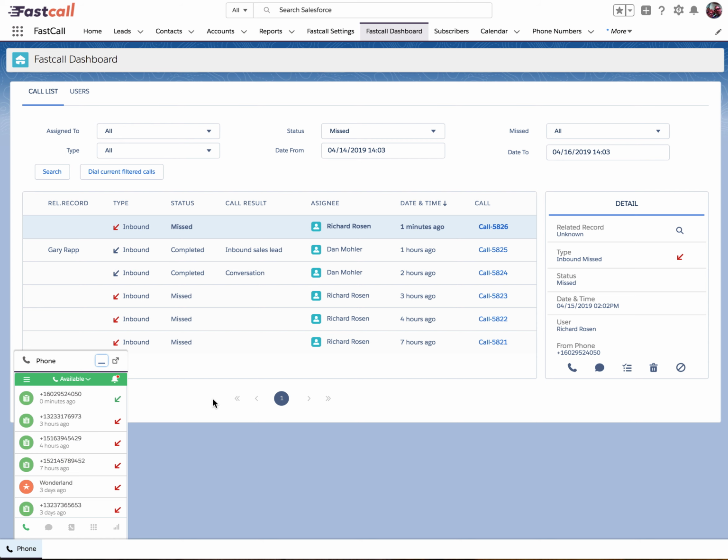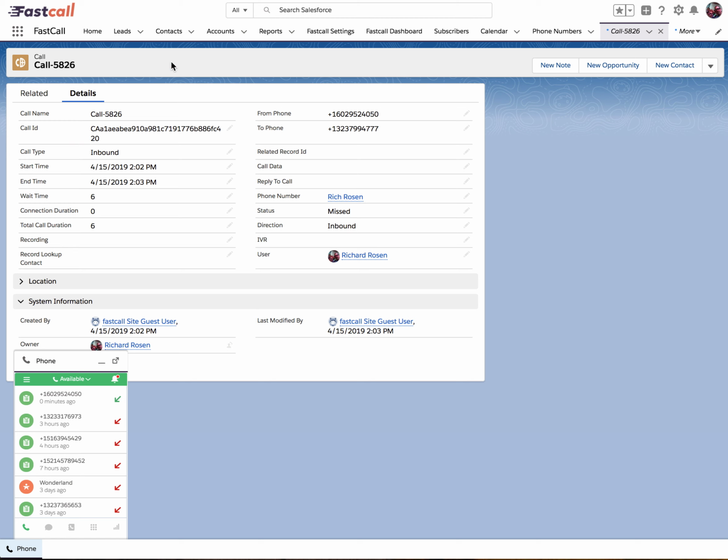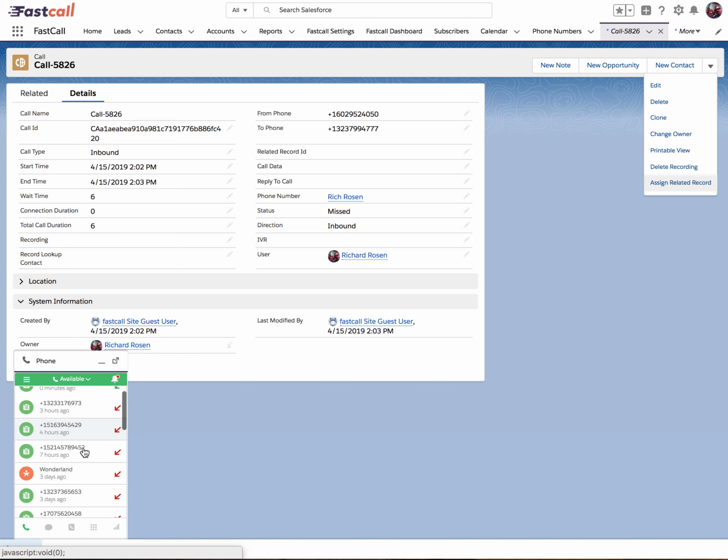And then, as I said, if I am directly on a call record, as I am here, I can come over and use the assign related record button to manage the lookup. Behind the scenes here, there is a lookup table where we're managing this lookup. So if the lookup here in the widget or on the